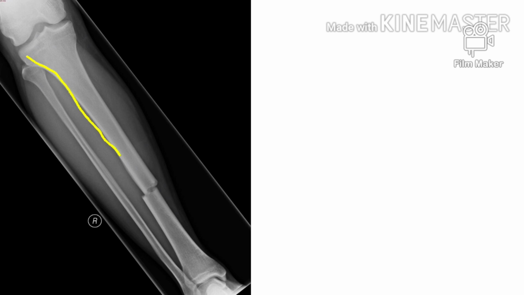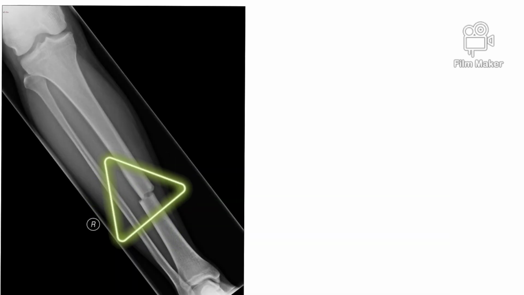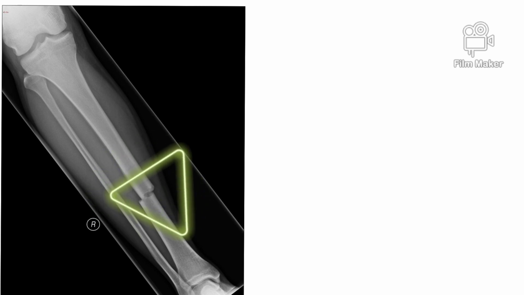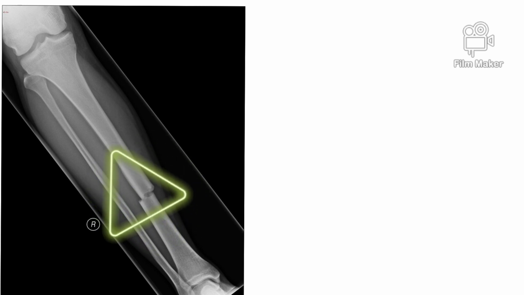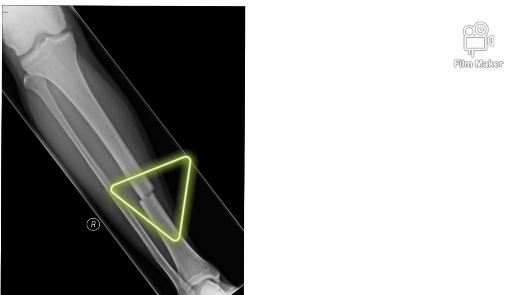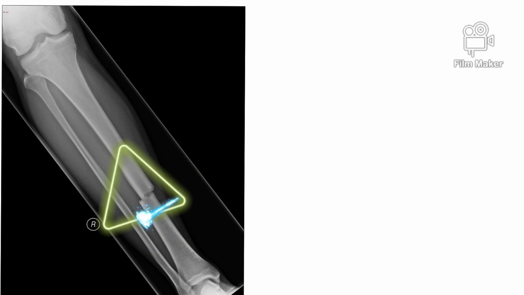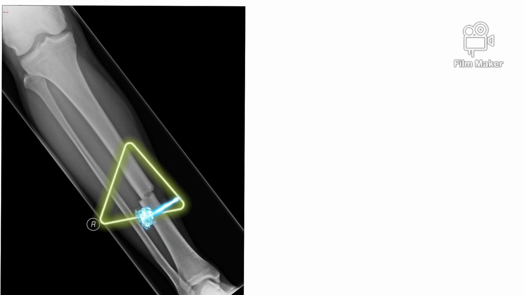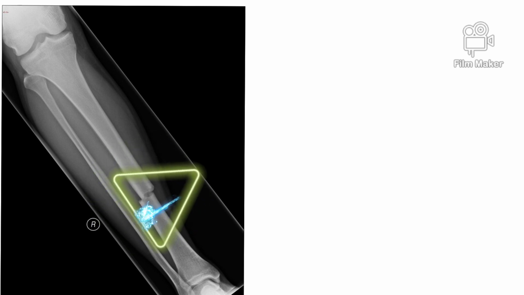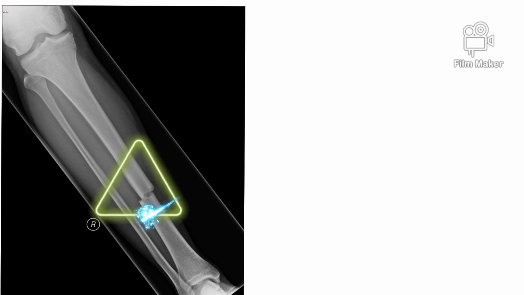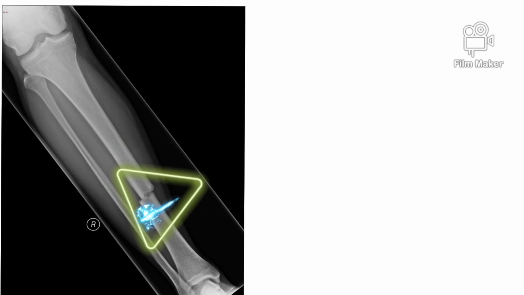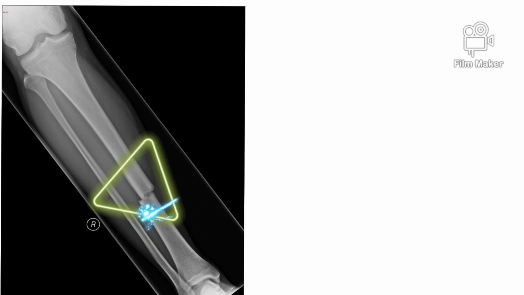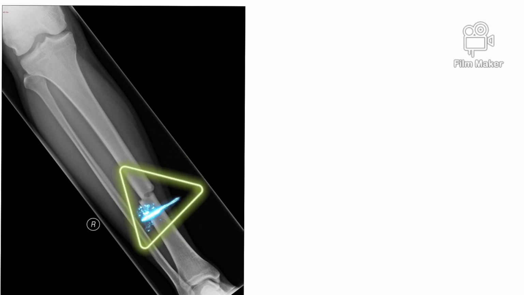By making the outline, we should check if there is any break in the outline or not. If there is any break in the outline, we can suspect a fracture, and we should see the extent of fracture, whether it's going throughout the bone or it's stopping in the middle. If it's going throughout the bone, we can say it's a complete fracture. And based on the extent of the fracture, we can classify into different types.